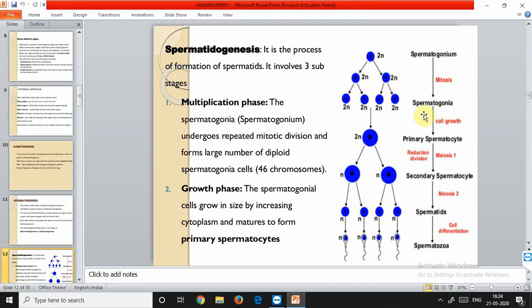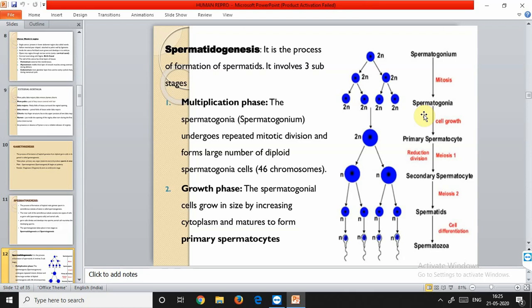Now occurs the growth phase. What occurs in the growth phase? The spermatogonia do not divide for some time but increase in size by accumulating nutritive materials from the supporting cells. That is, the growth phase is for the growth of spermatogonia. They do not perform any division, but keep accumulating nourishment from the nutritive cells. And what happens in mammals? The supporting cells are called the Sertoli cells, and these Sertoli cells provide nourishment.